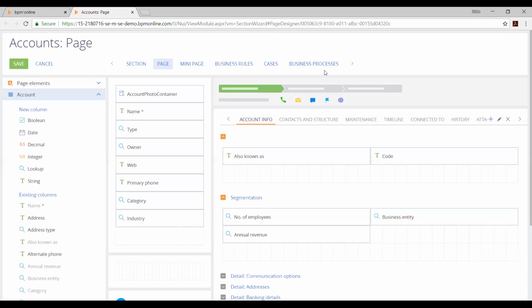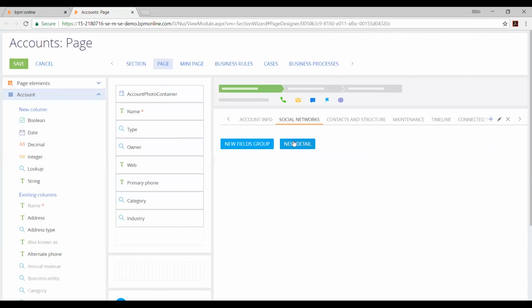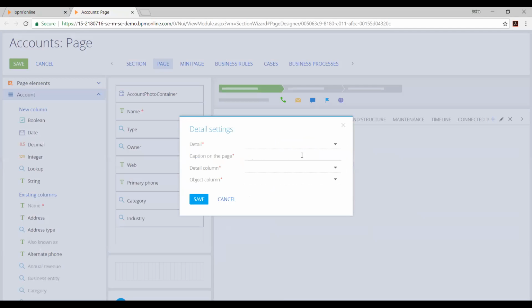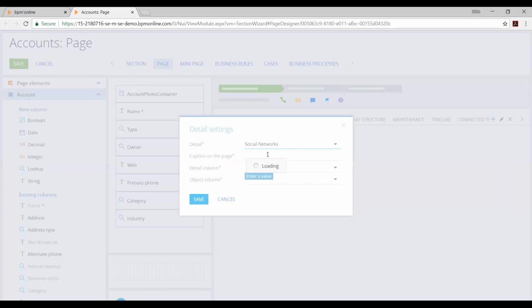All right. Now that our section designer's opened up, let's go ahead and add this new detail. So here we have, let's go and find the tab that we'd added. And now I can click on the new detail button here. Now I can go ahead and choose my new detail. This will be the social networks detail. The caption is going to be the same as the